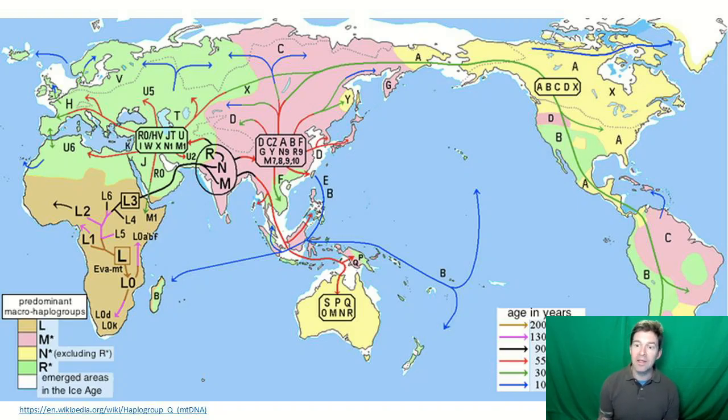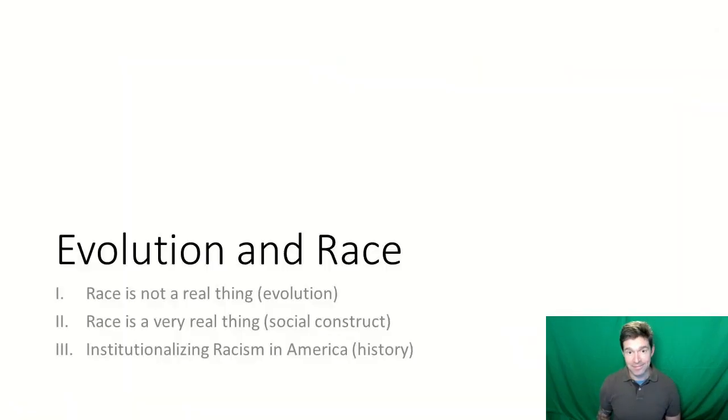But again, the most genetic diversity that we find among humans is actually among populations in Africa, meaning that I can have two populations of African humans and they can be very, very different, more different than those Africans are to anyone else on the planet. So again, grouping by skin color is not the smart thing to do. So now, looking at race as not a biological thing, we know race does impact people. So our next video is going to look at race as a social construct and where that might have come from.